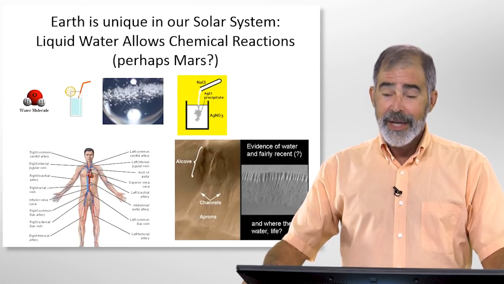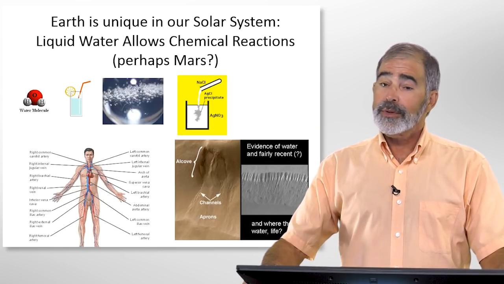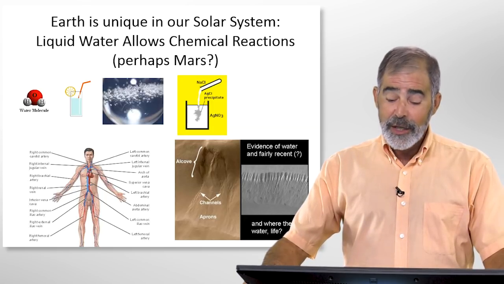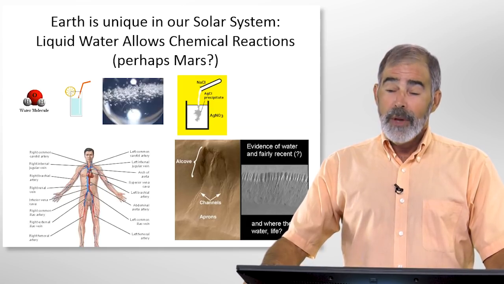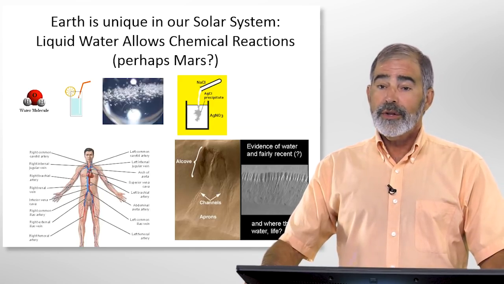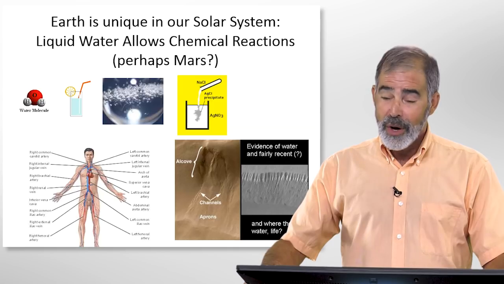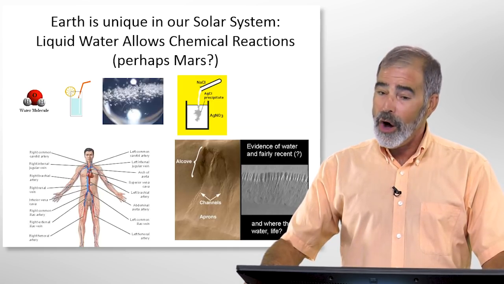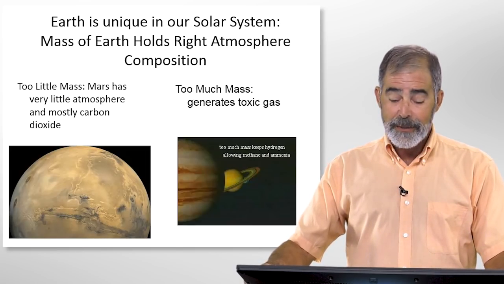One aspect why Earth is unique in the solar system, dealing with the hydrosphere, is we have abundant liquid water. Liquid water allows chemical reactions in your body, amongst the biosphere, between the spheres. It's the liquid water that really sets Earth apart. There may be liquid water on Mars, but that's up for debate whether it's truly in a liquid phase and how often it is, and how the liquid and the solid and the vapor phase interacts.